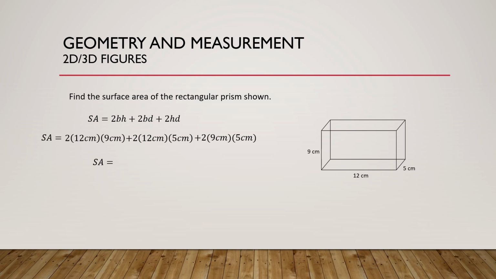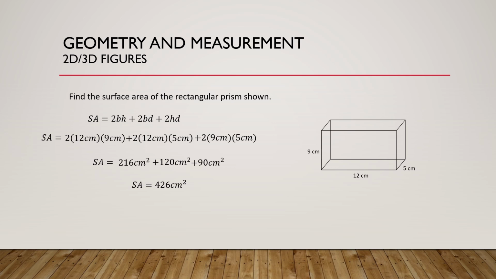2 times 12 centimeters times 9 centimeters equals 216 square centimeters. 2 times 12 centimeters times 5 centimeters equals 120 square centimeters. 2 times 9 centimeters times 5 centimeters equals 90 square centimeters. Adding them up, 216 square centimeters plus 120 square centimeters plus 90 square centimeters gives us the final answer, 426